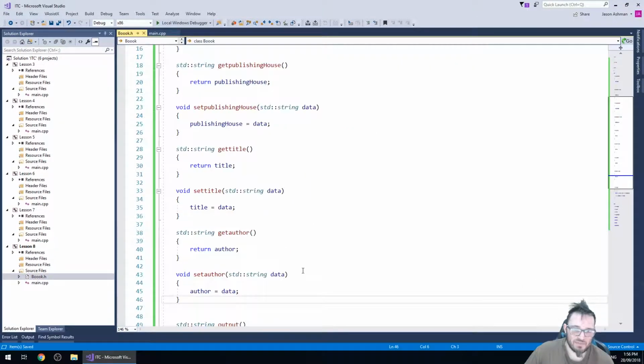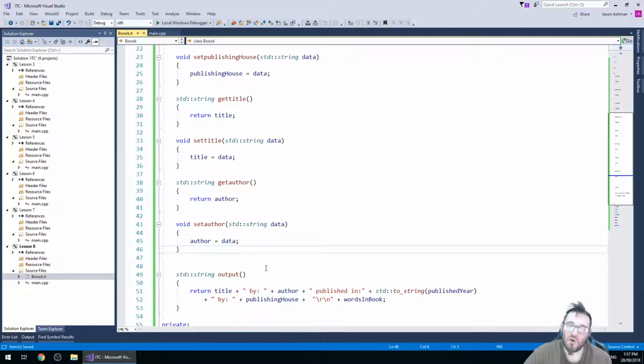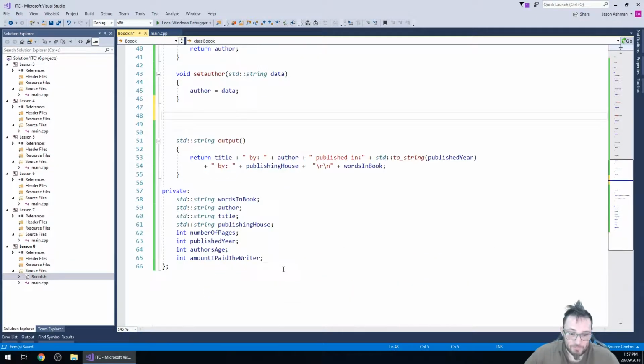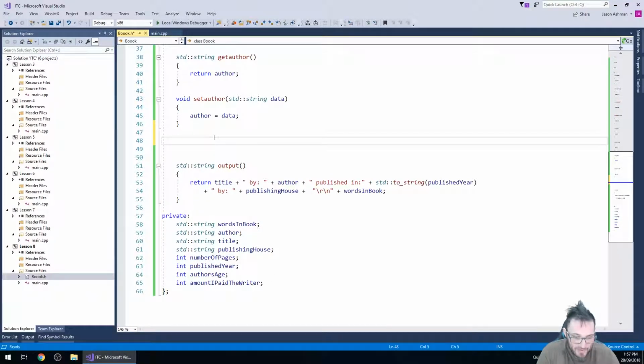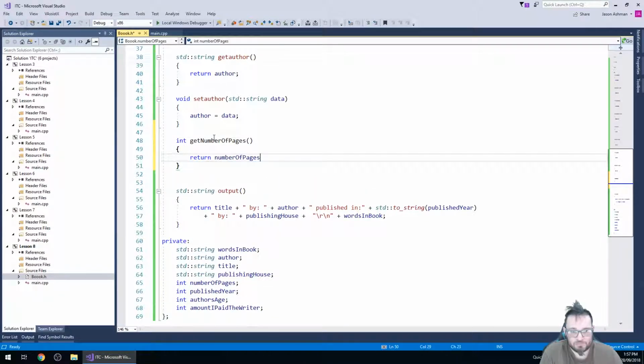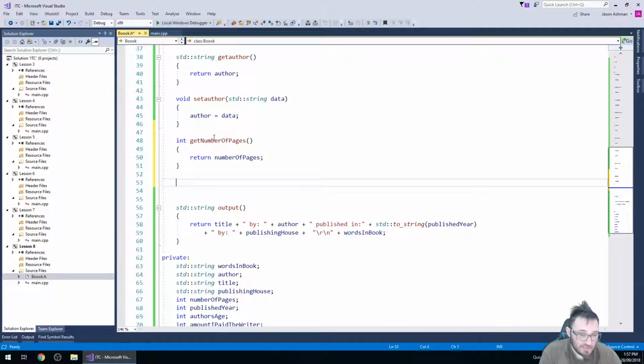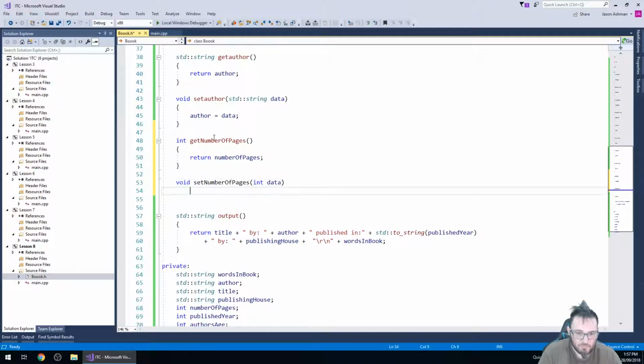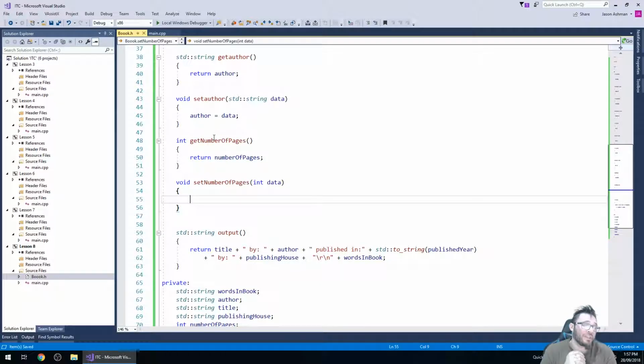Now we just got to do the same thing for ints, but I will show you why you use encapsulation here. So let's talk about the number of pages. So we want to do our getter. That's easy enough. Get number of pages, return number of pages. Now let's do our setter. Set number of pages to data. Okay. Now we can go, all right, we're going to accept between